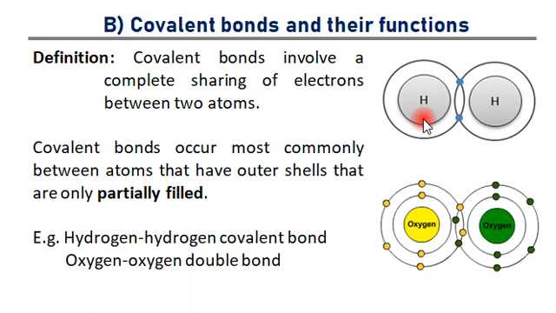In case of hydrogen, the outer shell contains only one electron. Hence, for forming a stable hydrogen molecule, it requires one more electron, which it shares with another hydrogen atom. Similarly, oxygen has 6 electrons in its outer shell. Hence, it requires 2 more electrons to share from another oxygen atom. Hence, they form the O2 molecule.